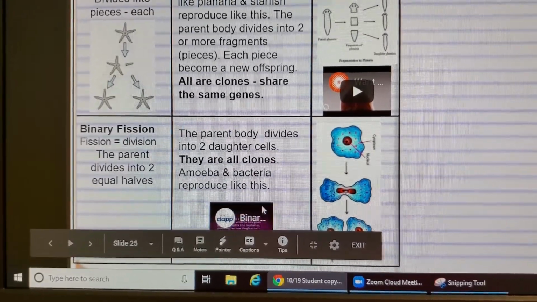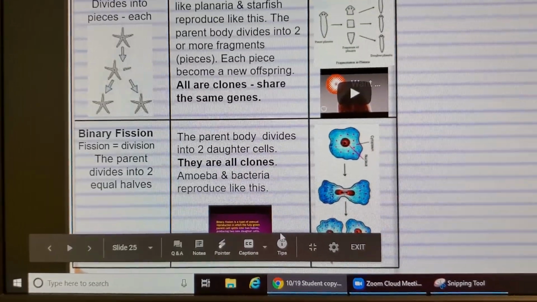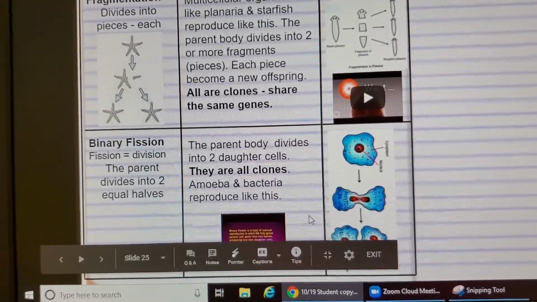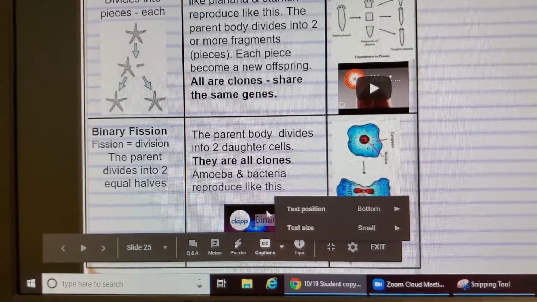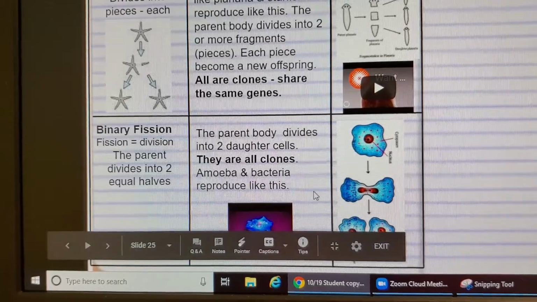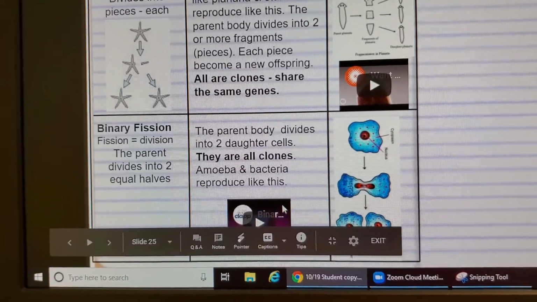Amoeba reproduces asexually by binary fission. Binary fission is a type of asexual reproduction in which the fully grown parent cell splits into 2 halves, producing 2 new daughter cells. At the time of binary fission, the amoeba withdraws pseudopodia and becomes